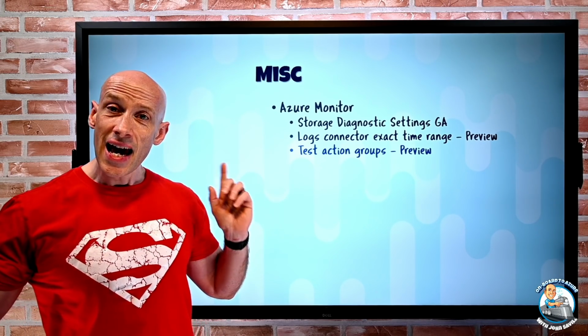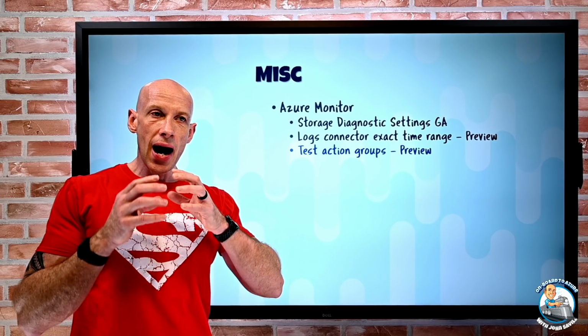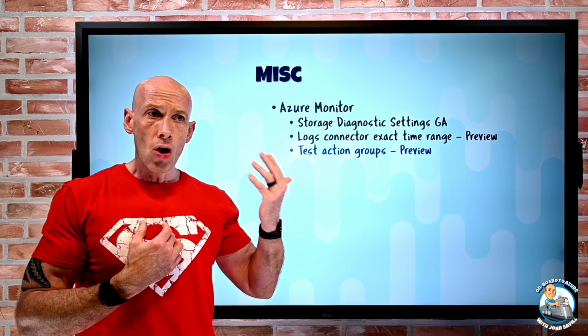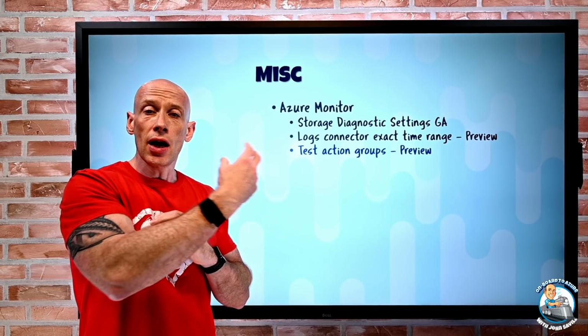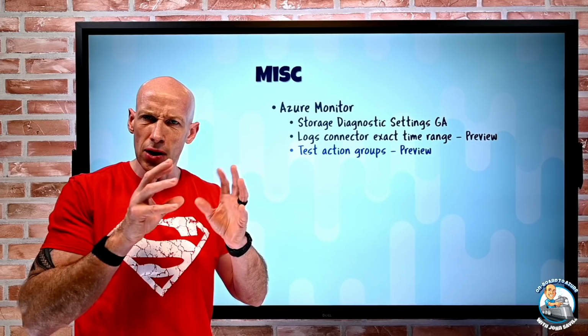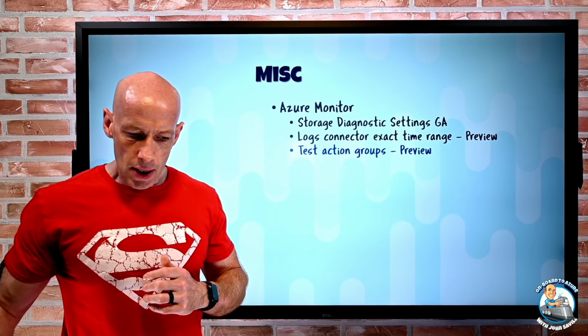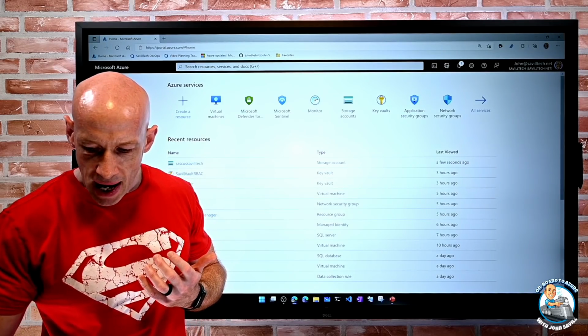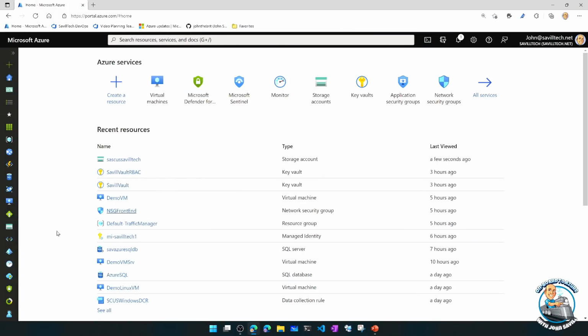I can now test action groups. So remember, action groups are the things that I can fire off from an alert rule, or if I just create alerts, I can also have those alert processing rules, what used to be called, I think, action rules. So once again, if we go and look at this, I can now test, well, are those action groups going to do what I want them to do?